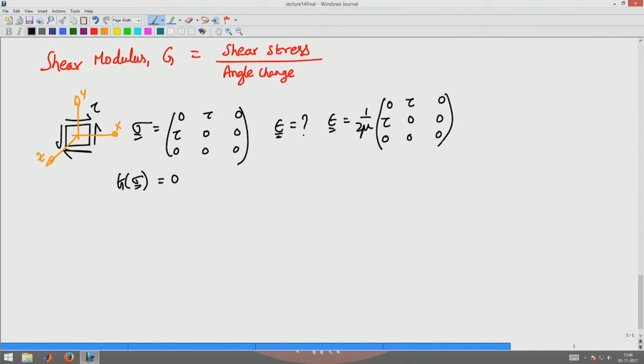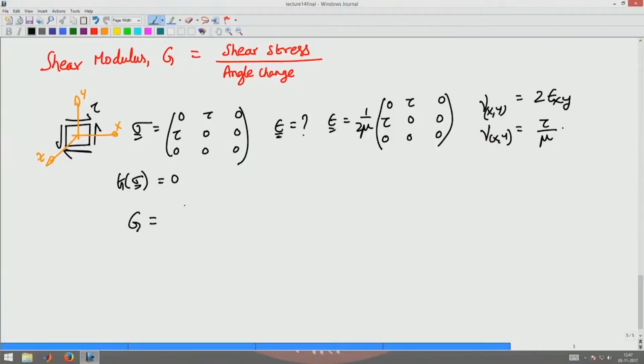Okay. From the previous lecture on angle changes, you know that the angle change gamma between the x and y axis is given by 2 times epsilon x y. So, the angle change in terms of stress would be tau by mu, gamma x comma y, the angle change between the x and y axis for this state of shear stress. Now, the shear modulus G is nothing but tau divided by gamma between x comma y axis, which is